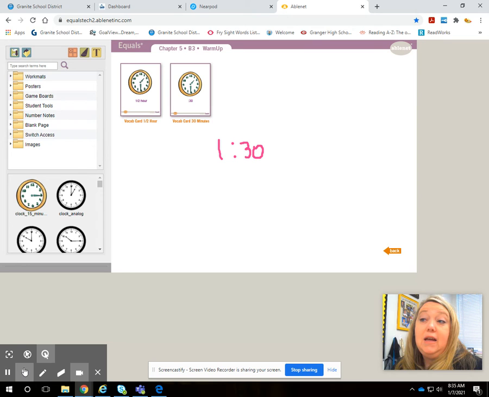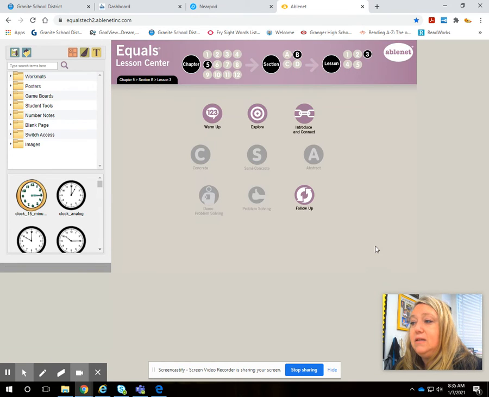And it takes a little bit of practice to know which number the little hand is pointing to, because it is halfway to that next number. So that's a little bit tricky, and that's what we practiced and talked about last time. So for today,